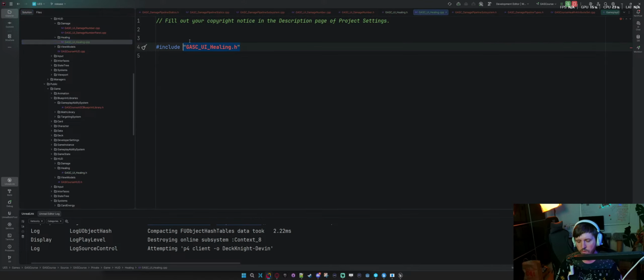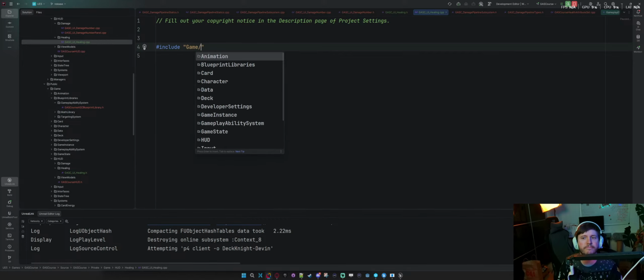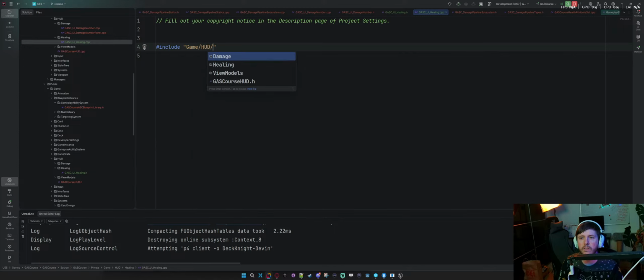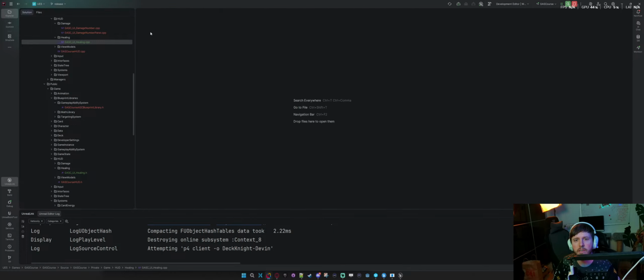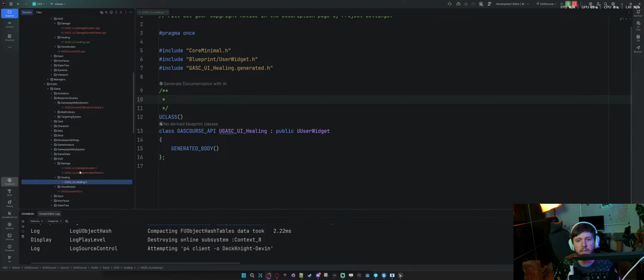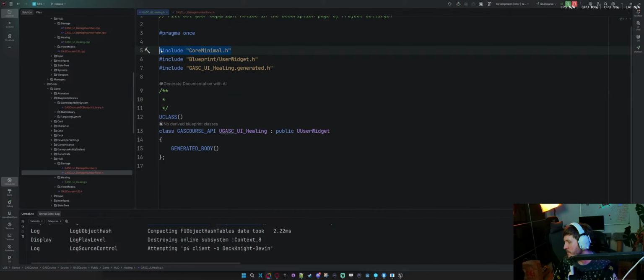So hash include game healing. So let's close out of everything and just open up healing.h and maybe the number panel first. All right, so I don't need core minimal.